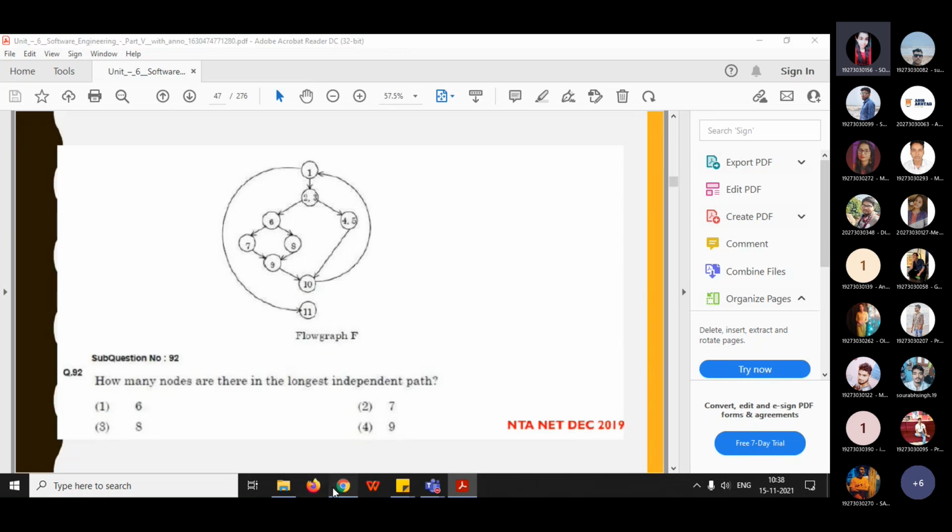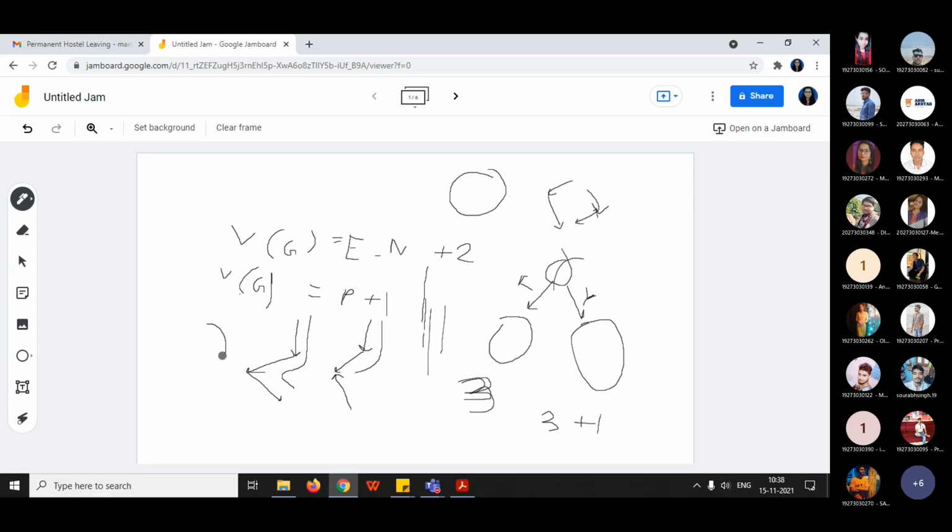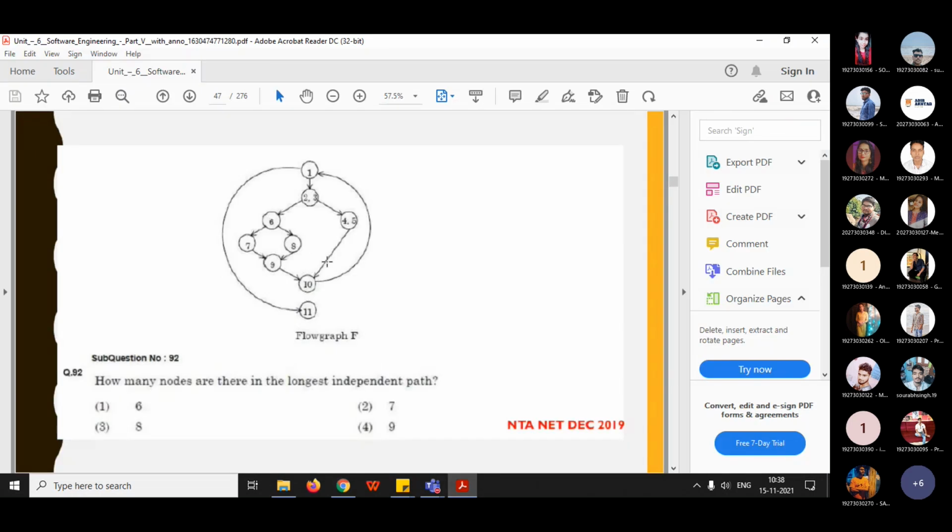Very good. One thing: if you are given like this in a circle, not only 2, 3, but even if you are given 5 numbers, 2, 3, 4, 5, 6, you will still consider it a single node. You are not interested in the numbers, you are interested in the circles. You will be calculating only the circles. This is one circle. If it is named 2, 3, it is still one circle. Here also this is one circle. That's why I asked this question. So yes, 8 is the correct answer.